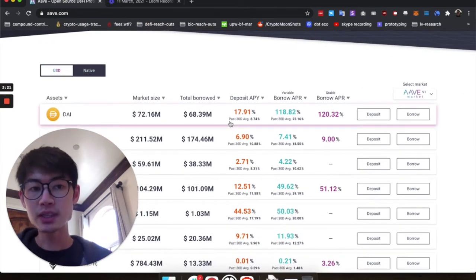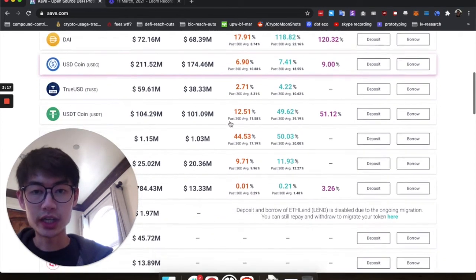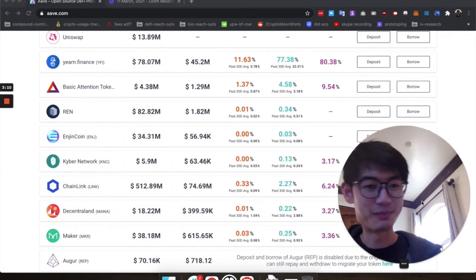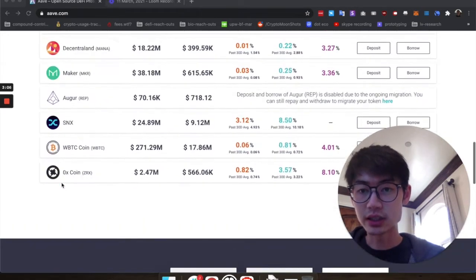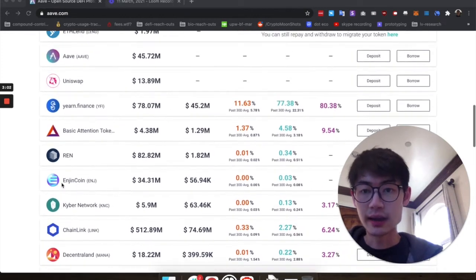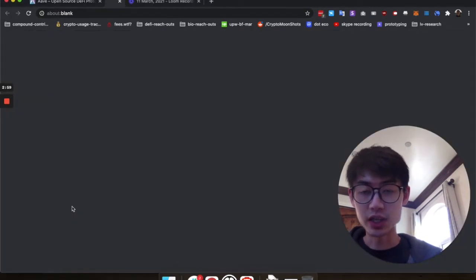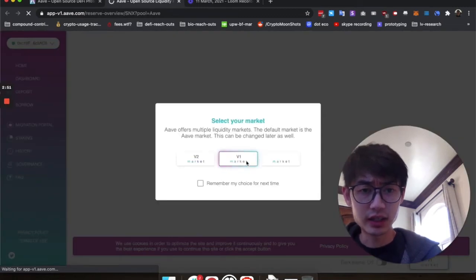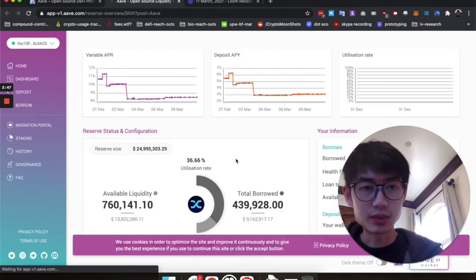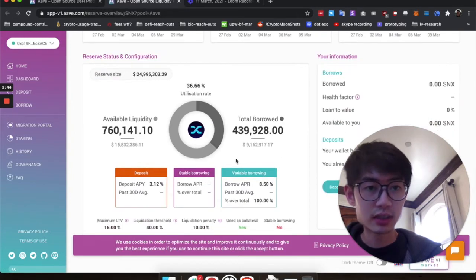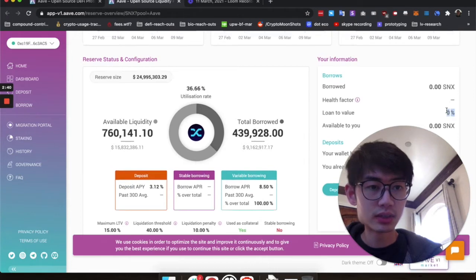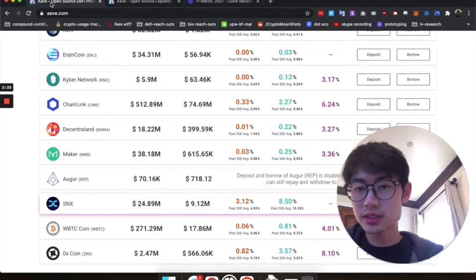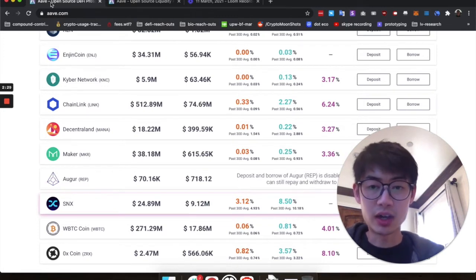And so the main thing with Aave is that if you go over here, you can see that they have just a ton of assets. I'm going to move my camera over here a bit. You see they really support a lot of them, like synthetics, Ren. I made a few videos on synthetics before. I also have some tokens here. Let's go in and see what the collateral ratio is for synthetics. It seems like the loan to value isn't very high for synthetics. So that's one of the main great things about Aave, that they have a lot more assets